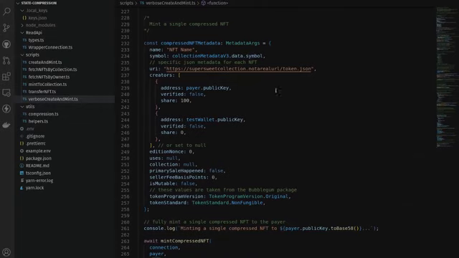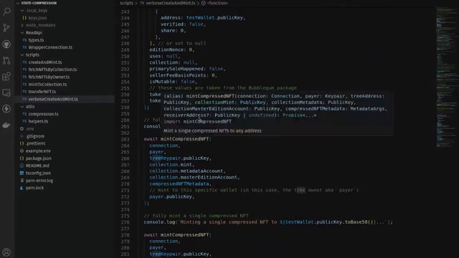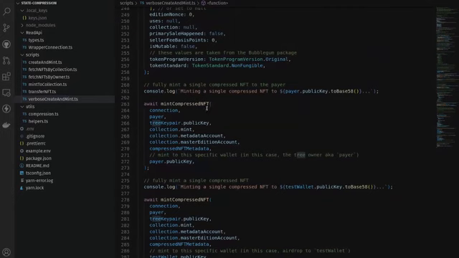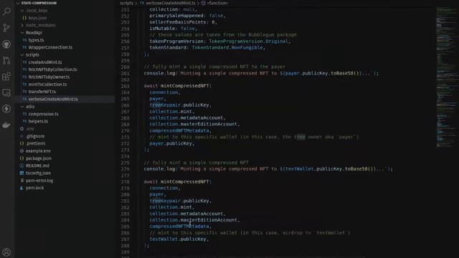And finally, we're going to actually create our compressed NFT on chain. Compressed NFTs, just like traditional NFTs on Solana, are going to follow the exact same metadata standard, so you define them in the exact same method that you're already used to for creating traditional NFTs. The only difference is how you're actually going to mint them on chain. And you can see here, we're going to mint 2 compressed NFTs using this helper function. The first one, we're going to mint to our payer account, and the second one, we're going to mint to